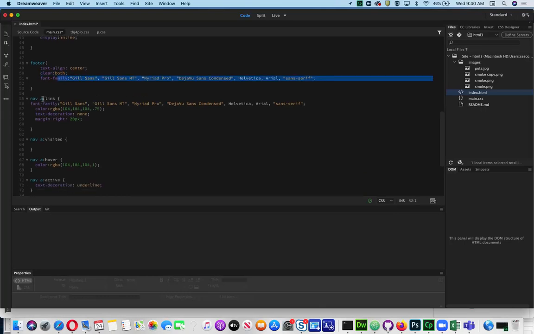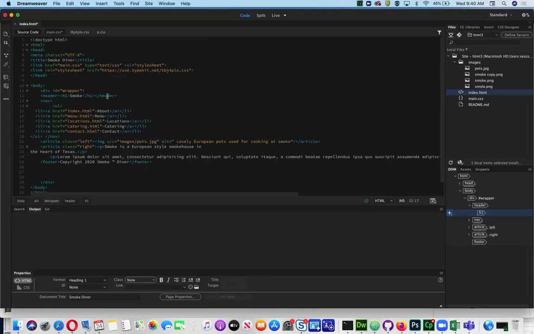Okay, here's how I made my links. So I have A links. If you look at these things there, that means that they're navigation. So let's take a look at the code in here. See, I have my link, and then it's an A tag with the word. So the A is the anchor. That's what helps us navigate. So that is what we're going to be calling in the